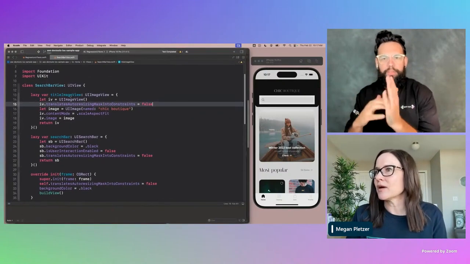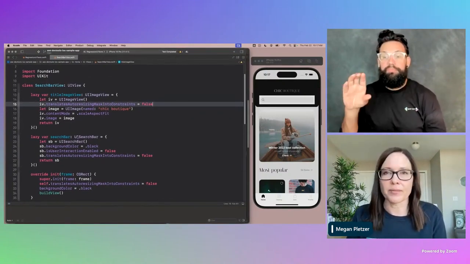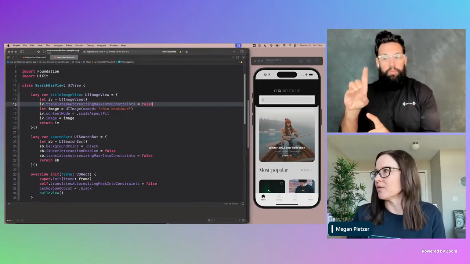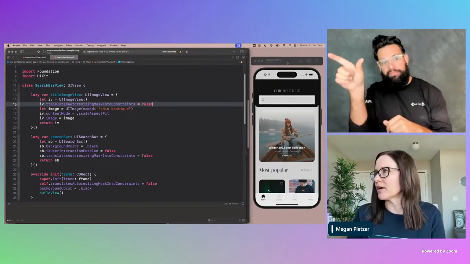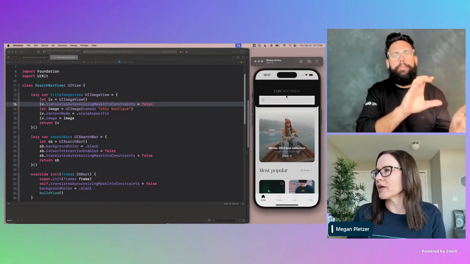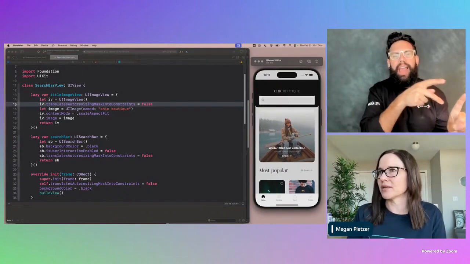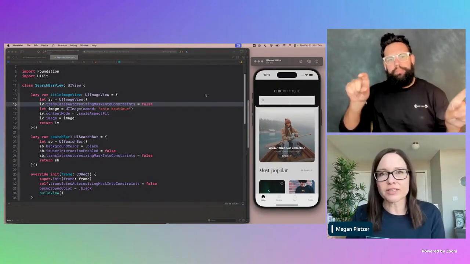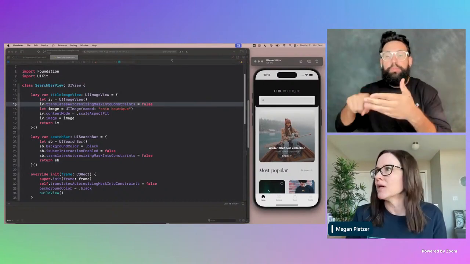So as a developer, I would have my code open for my app that I'm writing. In this example, it's this chic boutique app over here on the right in my simulator. And I'm working on the search bar view today in this example. And if I want to check that for accessibility before I commit my code, what I would do is